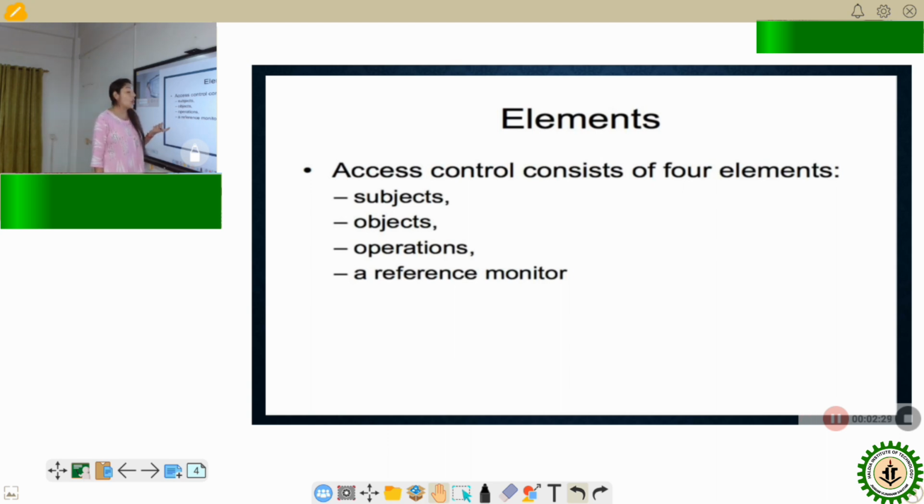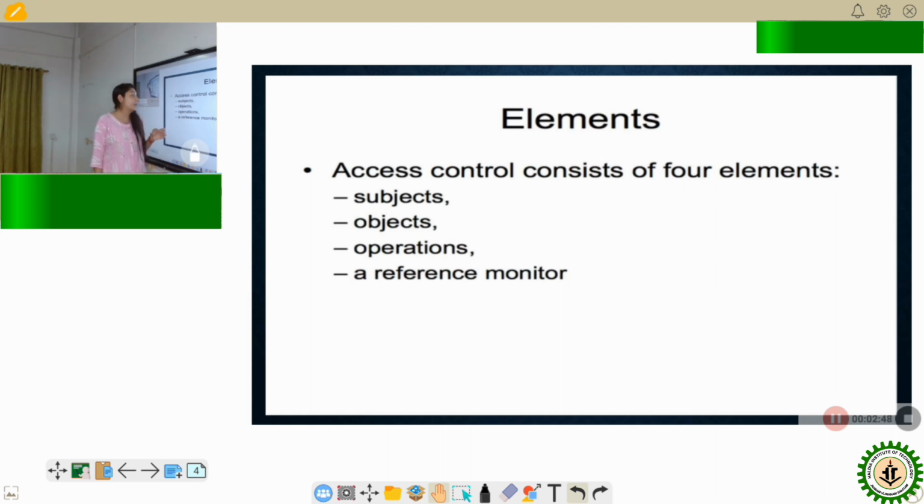Third is operations. Operations is the ability of any subject to access or not access any object, and in what ways a subject can access an object.